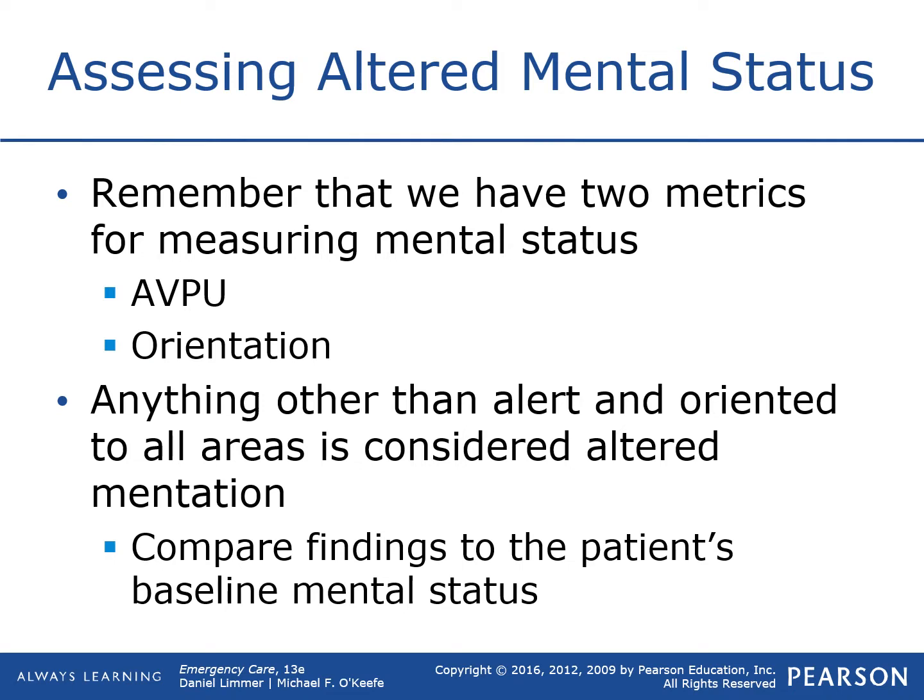The next one is time. Typically, you can go as broad as what year is it. So if you ask what year is it and they reply correctly, that's good. You can also get more specific, especially with people who should be oriented and you think that they aren't. So you can say, what month is it? You can sometimes say what day of the week is it or what day of the month it is, but